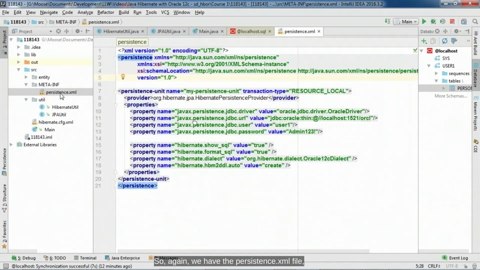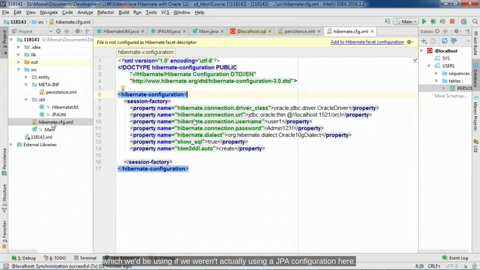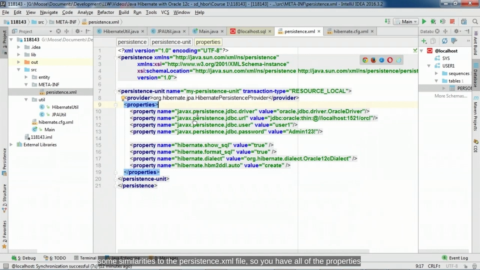Again, we have the persistence.xml file, but we also have the hibernate.cfg.xml file, which we'd be using if we weren't using a JPA configuration here. So that's what we have here. And of course, you can see that there are some similarities to the persistence.xml file. You have all of the properties necessary in order to establish a connection to your database. So you have the property name,